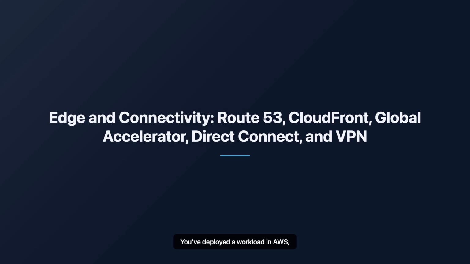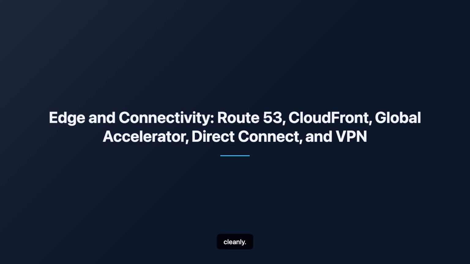Here's the situation. You've deployed a workload in Amazon Web Services, and now two real problems land at once. Users all over the world need fast responses, and your on-premises office needs a reliable, secure connection in. 5 services answer these two scenarios, and they overlap just enough to look like substitutes when they actually solve different parts of the problem. We'll cover Route 53, CloudFront, Global Accelerator, Direct Connect, and site-to-site VPN, and the decision rules